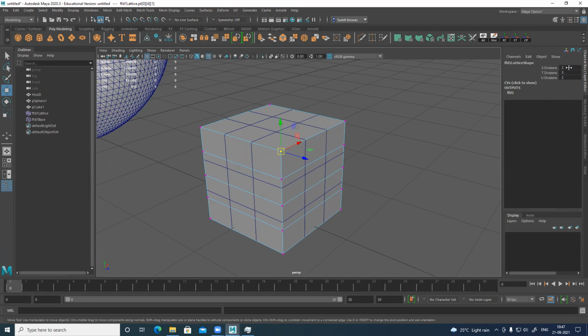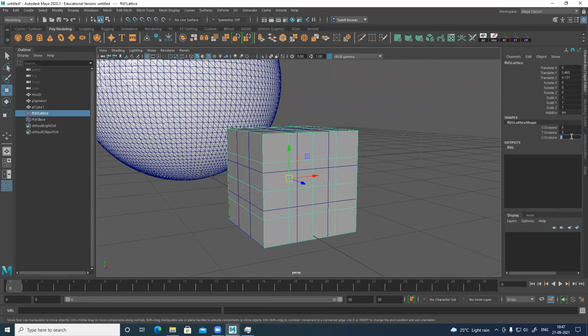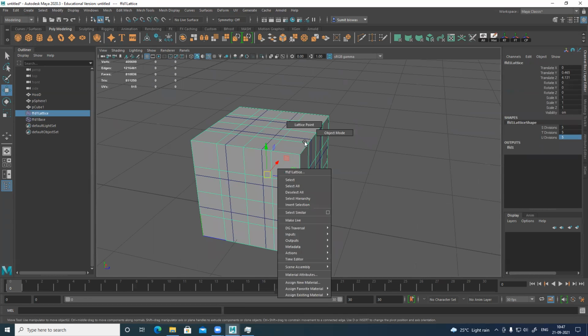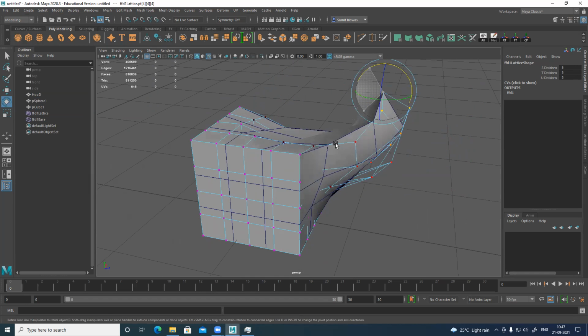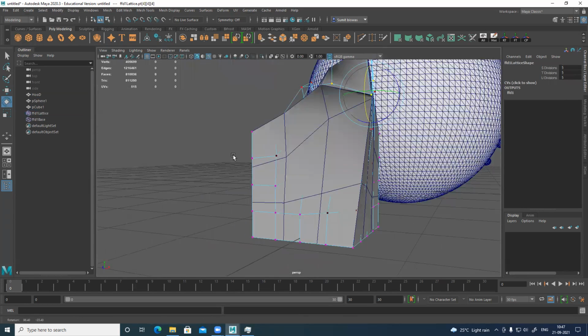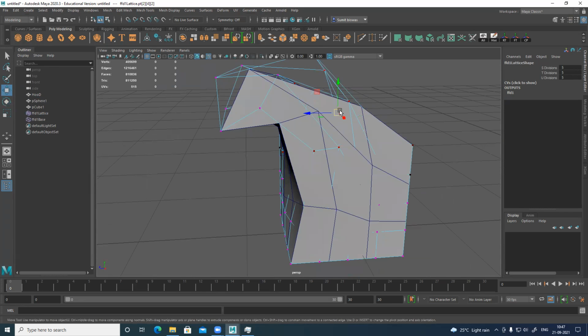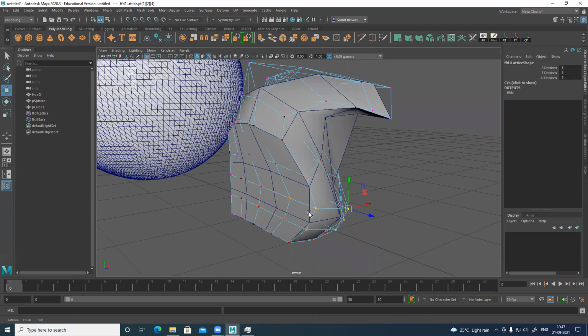So right now it is 5, 2, 2. If I also want to increase this 2 to 5, I can increase it very easily. 5. Now you can see it clearly. Now I can just simply right click lattice point, and whatever I want to do, I can modify. It works with soft selection also. Rotate, bend, whatever you want to do, you can do it very easily. Midpoint you want to select, change.